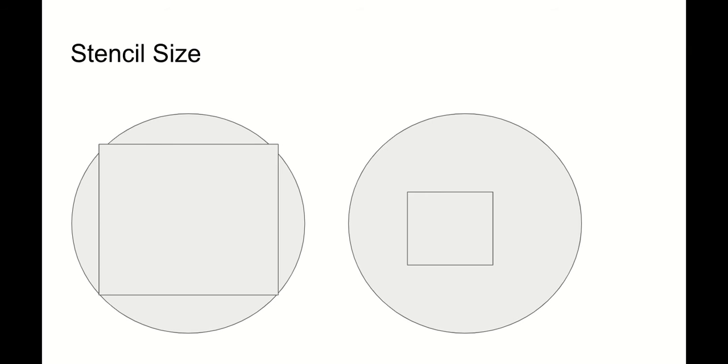The next thing I want to talk about is your stencil size. So think about how big your stencil is. Some of us, when we were doing our spray paint, had these tiny floating stencils and a lot of negative space around it, like we can see on the right-hand side. There's a lot of empty space around it. Think about how you could use that if your stencil's a bit smaller. Or we could look at the one on the left-hand side where the stencil's a bit bigger and it's more commanding of the space, but potentially there's less to interact with it. So think about how big you want to print your stencil.